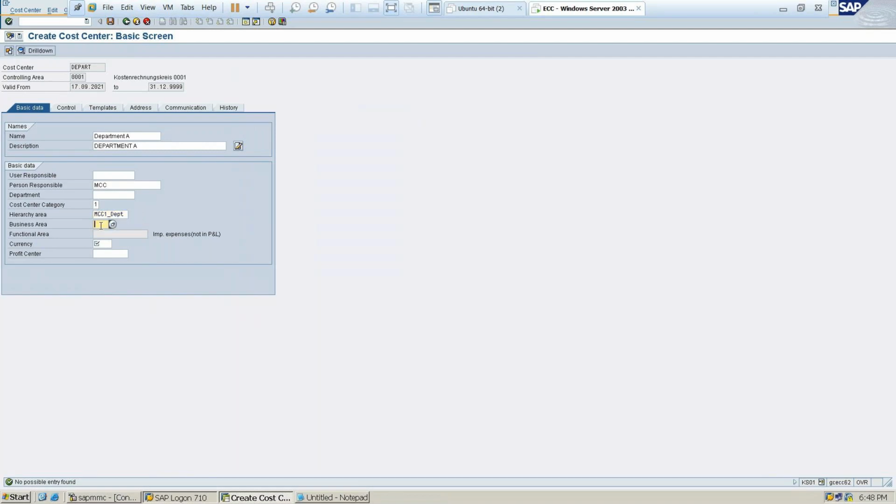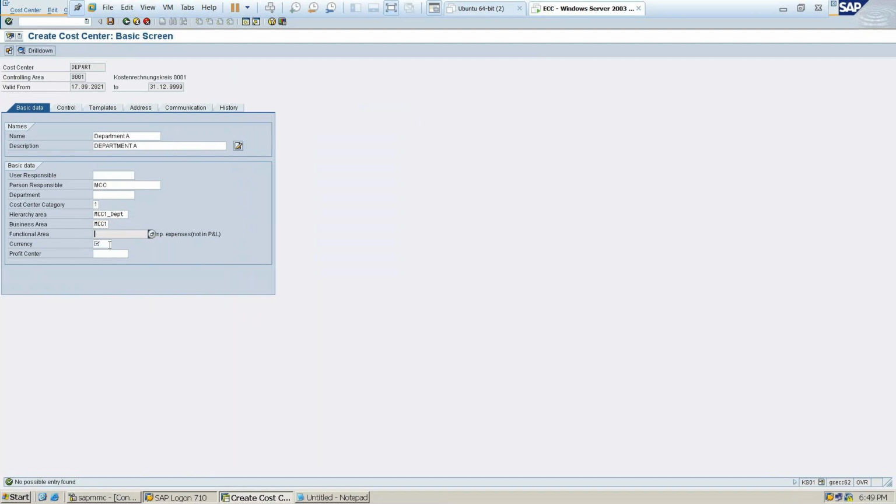So business area. Now you had more confusion with business area and functional area, but now you will understand. Where I will be creating that business area, whether it is in Karnataka, Andhra Pradesh or Maharashtra or whatever. Wherever I have created, if I define that particular area here, then whatever costings I do related to the department will all be defined under the business area you create. So I might have created the same thing as MCC1.